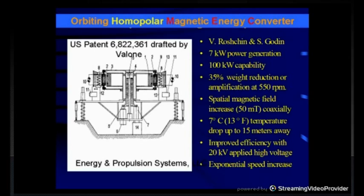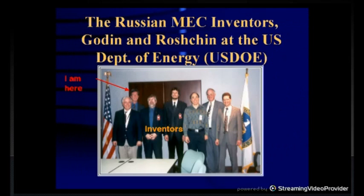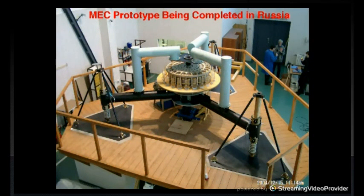they supposedly measured. And so what I ended up doing, next slide, was to connect them to an investor, which I constantly do throughout these years, find an investor for the strange inventors, put them together. In this case, we went to the Department of Energy. The contact was very friendly to us, offered a Russian translator for us. We did due diligence for the whole day, and the investor was comfortable to throw his money at the Russian Godin Rosten inventions. And the outcome was, next slide, the big prototype that cost a lot of money, which was